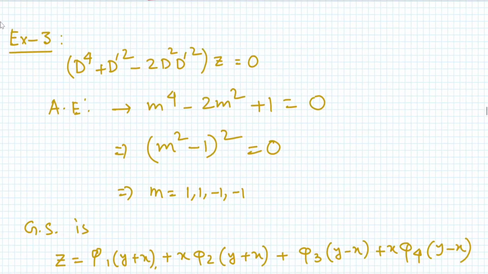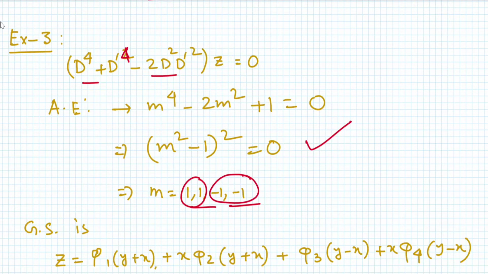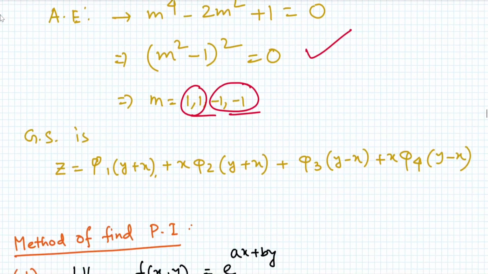Now let us take another example. The example is D to the power 4 plus D dash to the power 4 minus 2 D square D dash square, this operating on z, is equal to 0. Sorry, this should be power 4. So if we take this, then this gives (m square minus 1) whole square, and the roots are m equal to 1, 1, minus 1, minus 1, that is 1 is a root of multiplicity 2 and -1 is a root of multiplicity 2. Therefore in this case we write the general solution